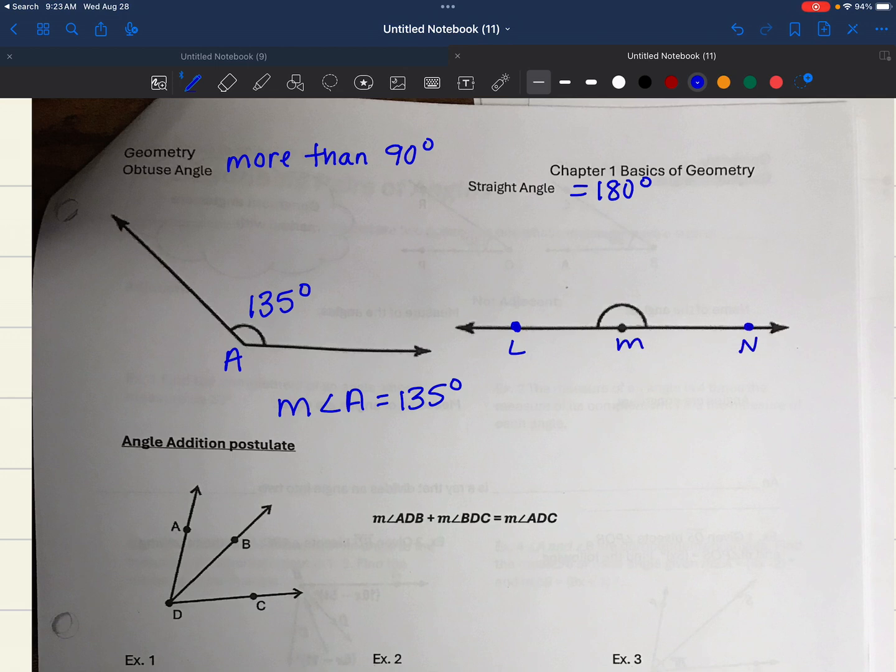We're going to call it LMN. Who can name this one for me? Symphony? Good. Okay. All right. Not too bad today. Okay. Tomorrow we'll talk about how to use angle addition postulate to find missing